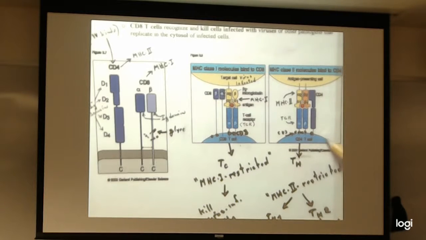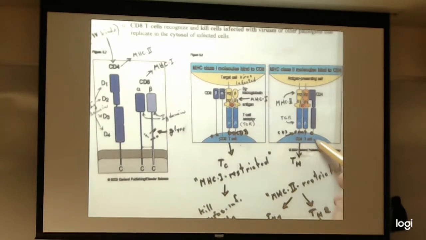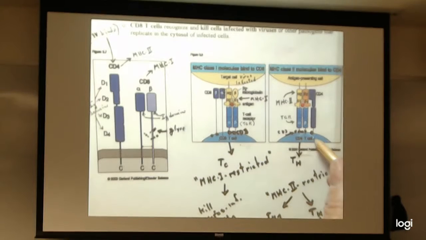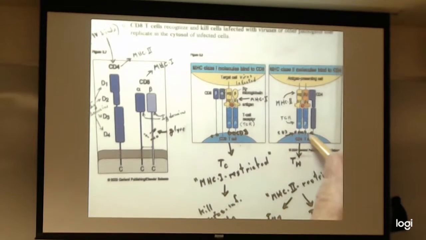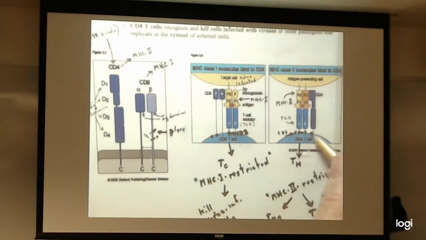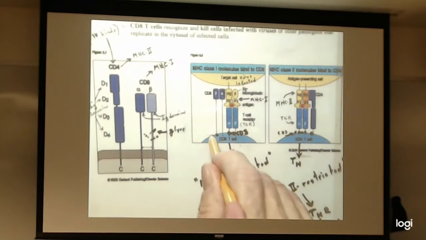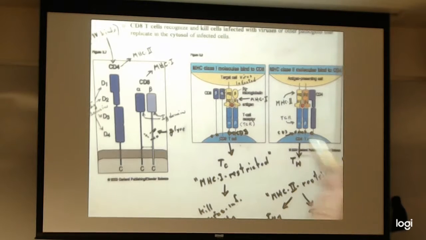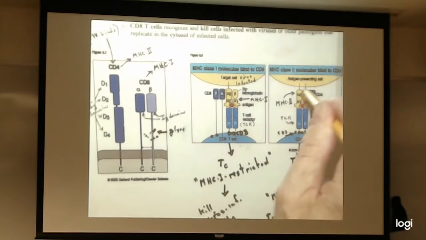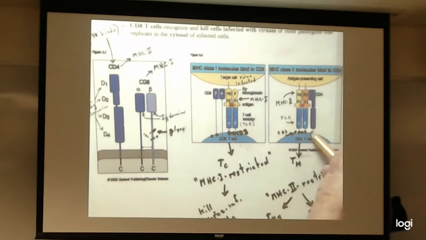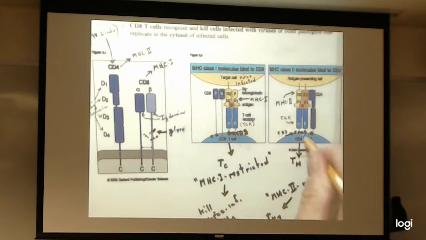Furthermore, when the CD4 protein, its tail, as I'll be discussing in a subsequent lecture in more detail, there's a Src family tyrosine kinase that associates with the cytosolic tail of the CD4 protein and also the CD8 protein. So that as this thing is diffusing around, as soon as it bumps in and sticks here, it brings this Src family tyrosine kinase right up next to a protein with a phosphorylatable tyrosine residue on it, and that is the beginning of the signal transduction events that are going to be happening.